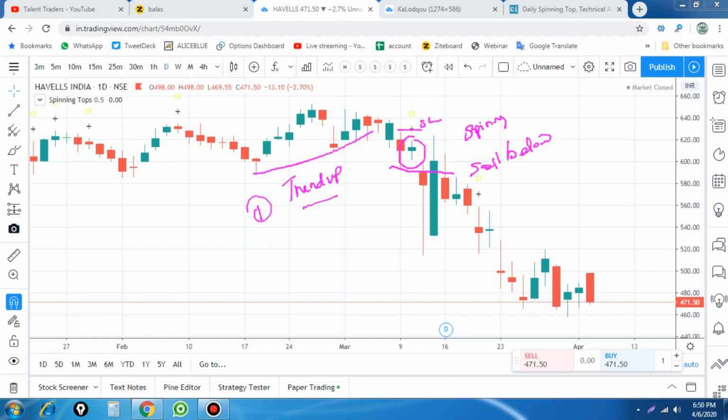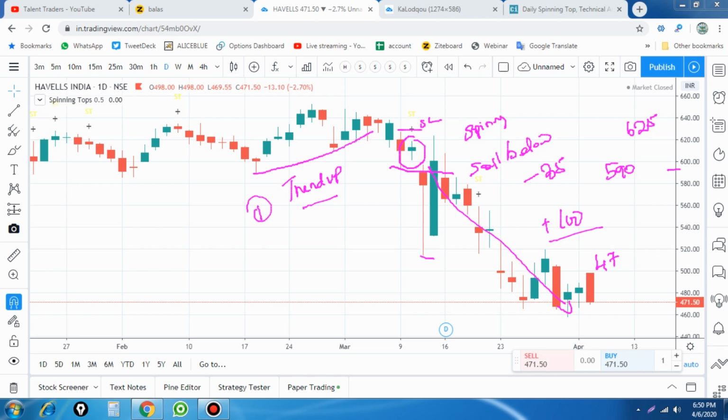When I took the trade, I got an opportunity, it immediately spiked lower, and the next day it went even lower, finally from almost 600 to almost 590 levels. If I take 590, where my stop loss is around the 625 level, some 35 points is the risk for the trade on a daily basis. But even though 590, now the market is at 471, so almost 100 points profit with a risk of 35 points. I took 35 risk, and more than 100 is the profit using the right spinning top. The selection of the spinning top is very important.